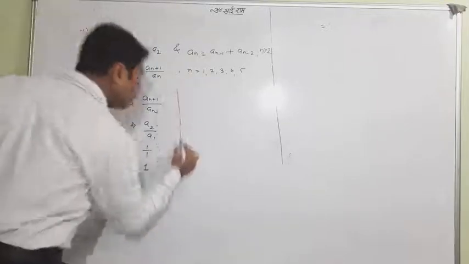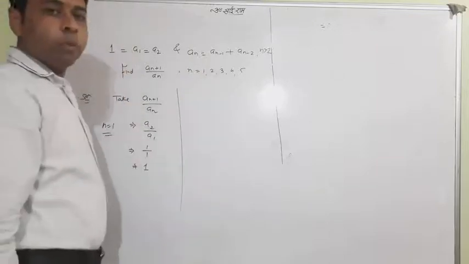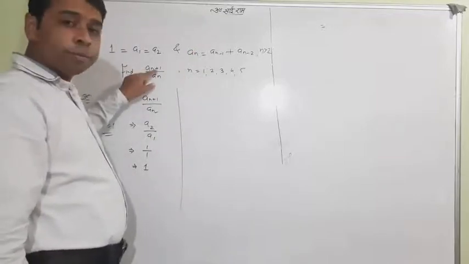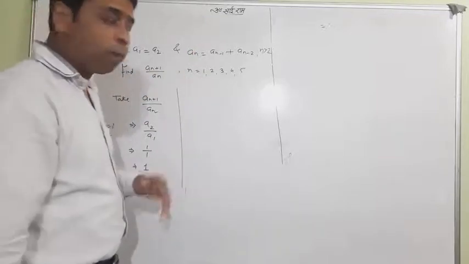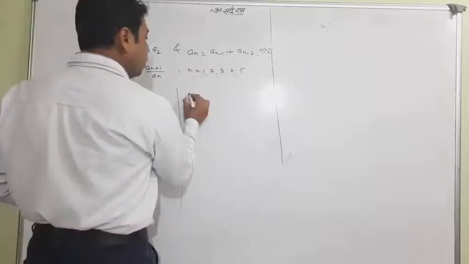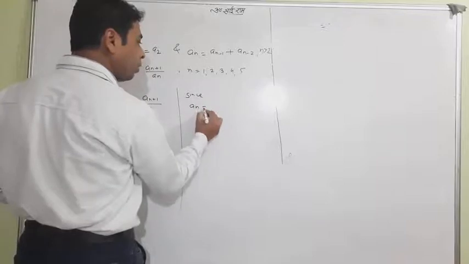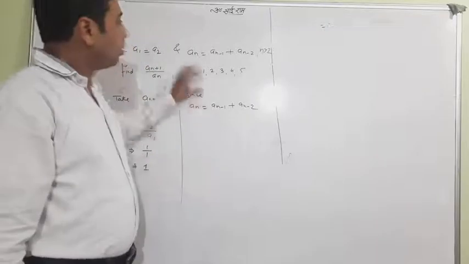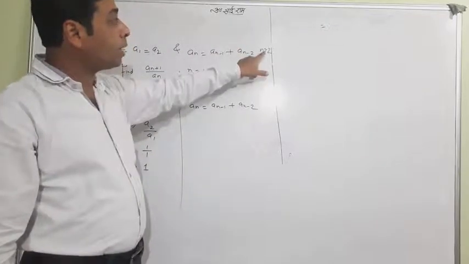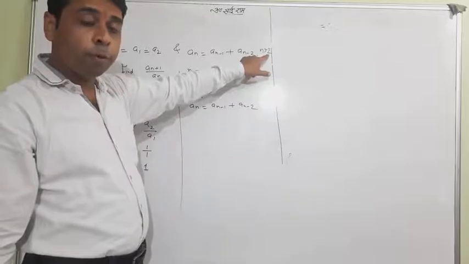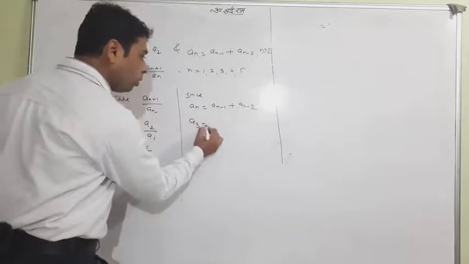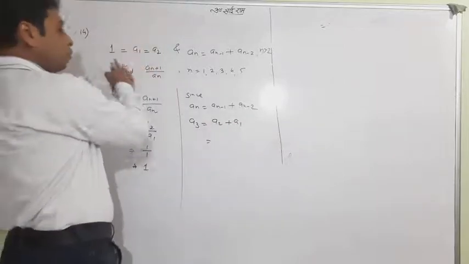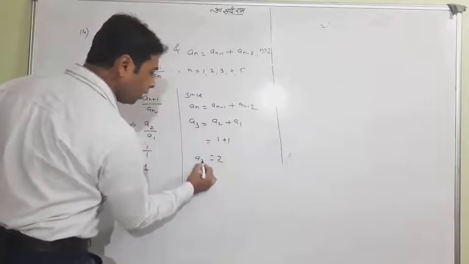Now I'll go with n equal to 2. Look, I tell you something special. When you go to n equal to 2, it's going to be a3. So you don't have the value of a3 now. So okay, what I'll do? Look at the thing: an equal to an minus 1 plus an minus 2. This is the equation given for n greater than 2. It means that you will put from 3, meaning you put n equal to 3. 3 minus 1 is 2, 3 minus 2 is 1. a2 plus a1, a2 and a1 are given as 1 and 1, so 1 plus 1 is 2. You got a3 equal to 2.